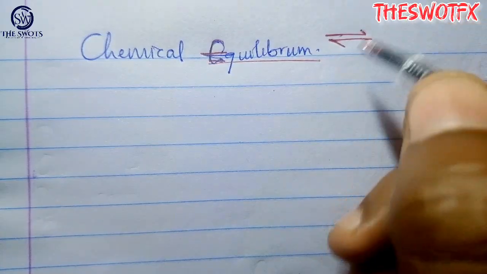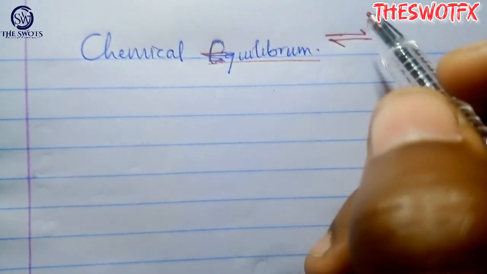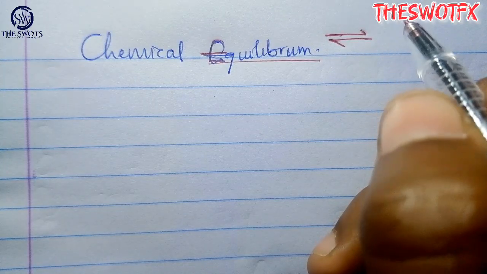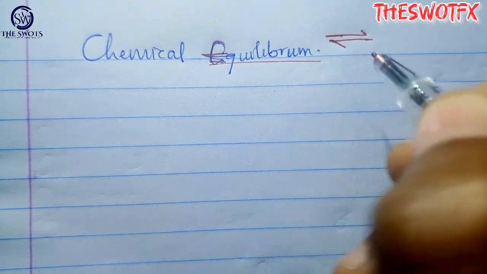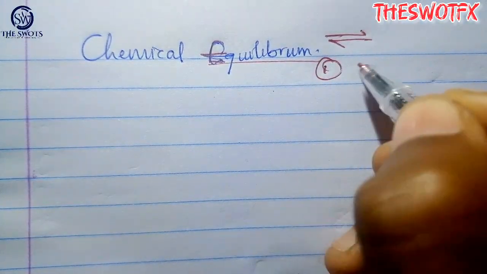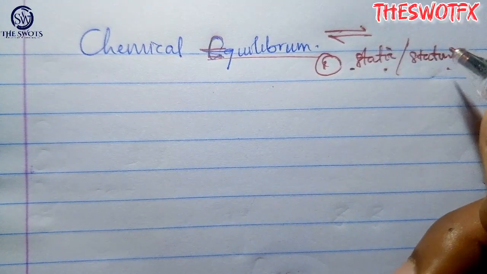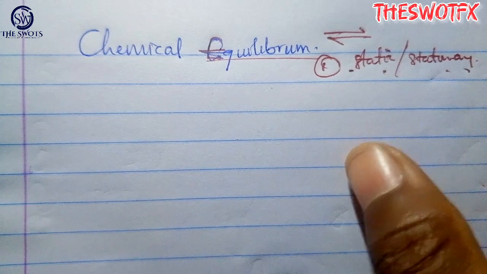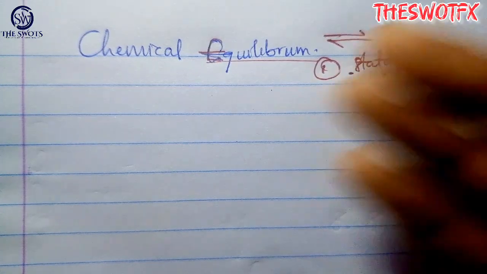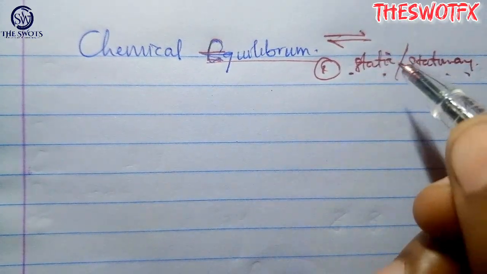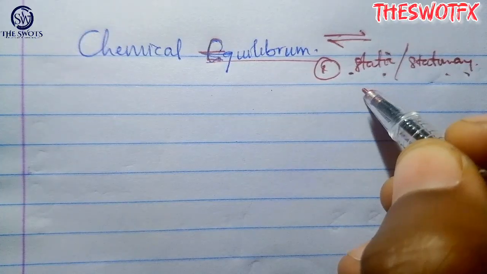Now, under equilibrium, we have types of equilibrium. We have two types of equilibrium. One, static or stationary equilibrium. This is the type of equilibrium whereby the system is at a state of rest. It is stationary. An example of this kind of static equilibrium is, let's say,